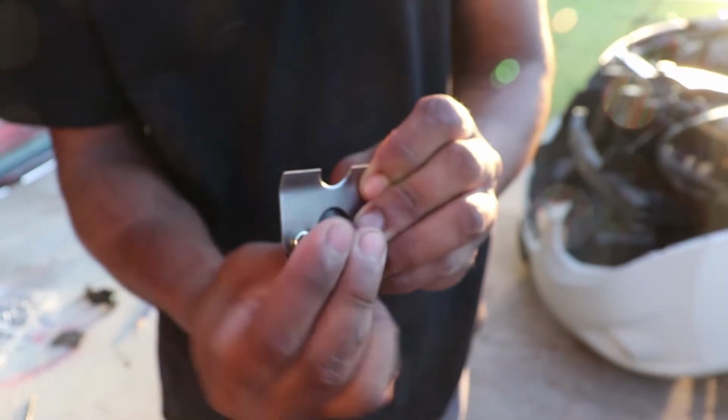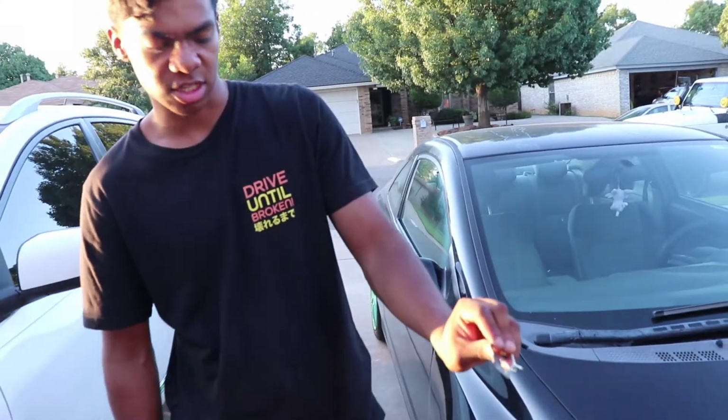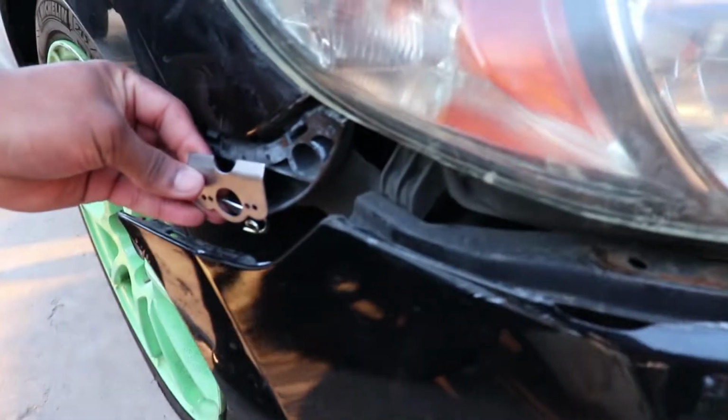Then you put it back together. You can just quick release. This is a common thing on race cars, drift cars, street cars, whatever. So it's gonna be in 2 pieces. We need to mount this silver piece and the spring in the back. I'm thinking somewhere in here. Just gonna rivet in somewhere,